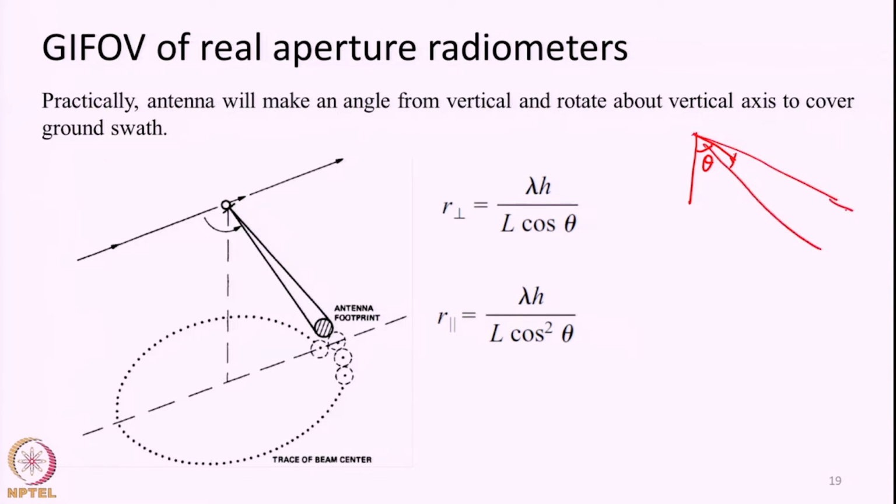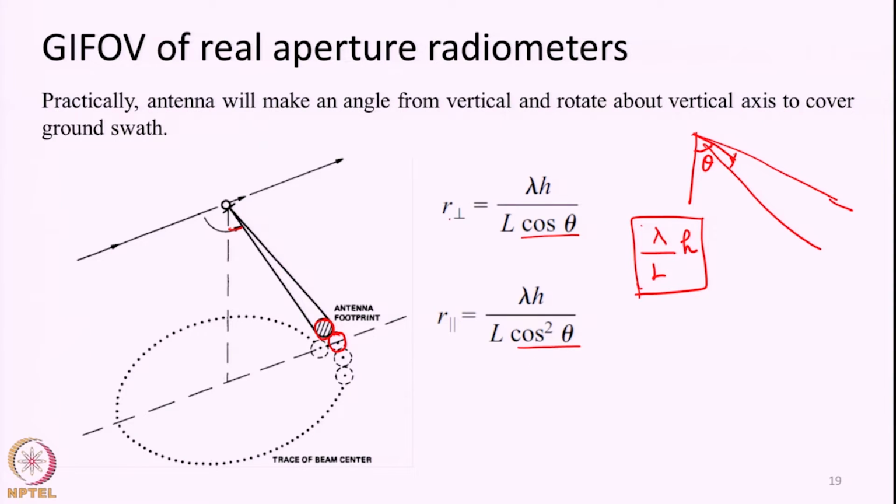So, essentially the spatial resolution that we calculated is lambda by L into h, where h is the orbital height. This was the formula we used to roughly calculate the spatial resolution. But since the antenna is looking away from the nadir, we also have to account for that. So, the antenna footprint may not even have that resolution of 24 kilometers, it has to be adjusted for the cos theta terms and cos square theta terms,